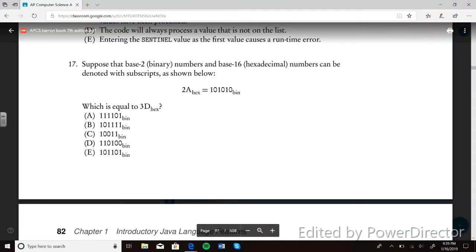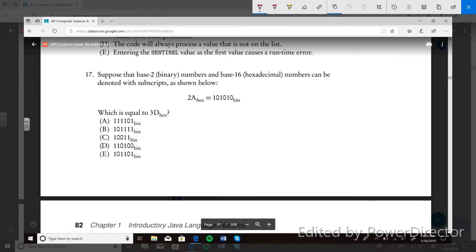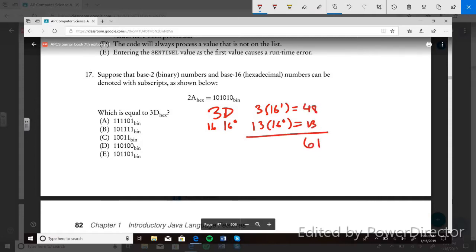For number 17, you're asked to convert hexadecimal to binary. So what you'd want to do first is convert this to decimal, and to do that you would use the base 16, and then you would add up the multiplied values. So doing this, you would get 48 and 13, and when you add them up, you'd get 61. So to convert the decimal form into binary, you would write 61, and then 60 under it, and the difference is 1,